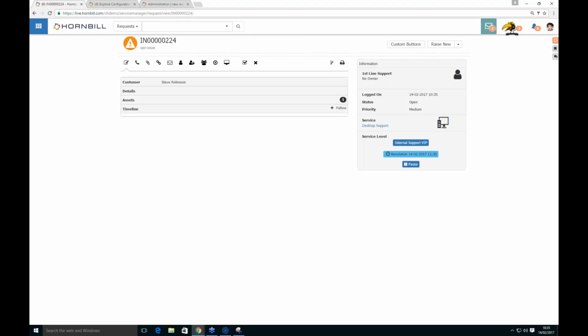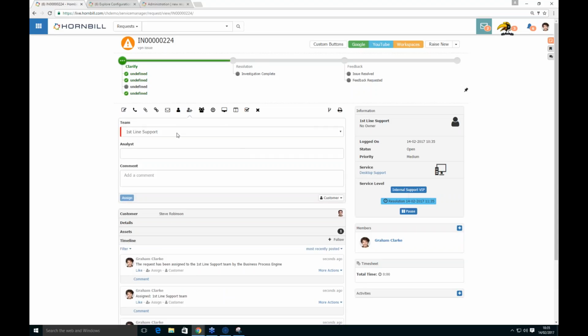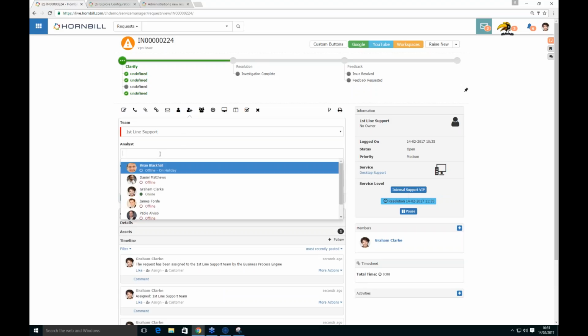If I have a look at that request, we have a slight issue with the translation at the moment on the first stage. What that should be saying is it's been assigned to the first line support team. The SLA has kicked off, and an email confirmation has been sent. The only thing it hasn't done is assigned an analyst to own this particular request. So on the assign function at the top, you can see it's already been assigned to the first line support team, but the